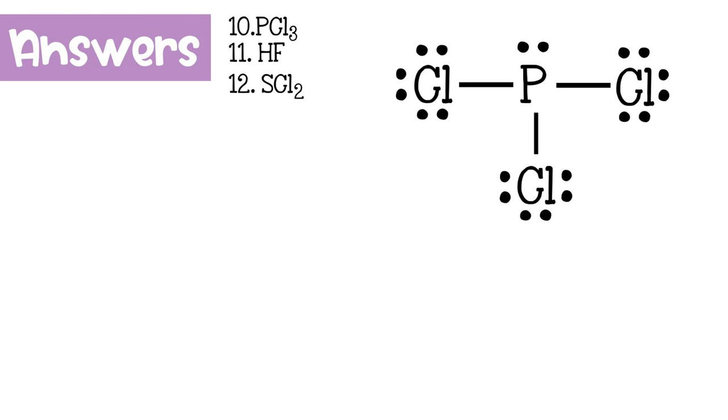Now let's look at number 11, HF, or hydrogen fluoride. Once again, hydrogen has 1 electron that it can bond with. Fluorine has 7 electrons, 6 of those are paired up, and 1 is used for bonding. So we bond the 2 together, hydrogen has a complete duet, fluorine has a complete octet, and we are good to go. Now let's look at number 12,